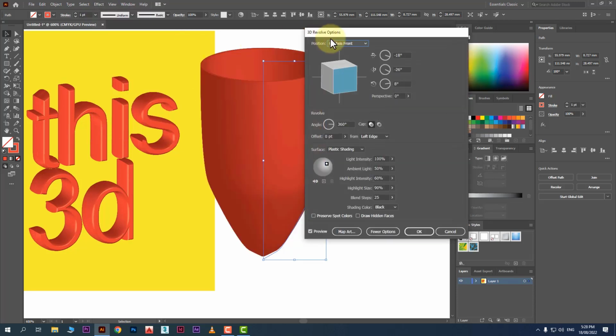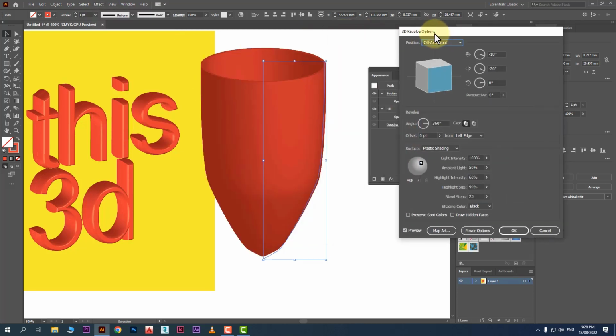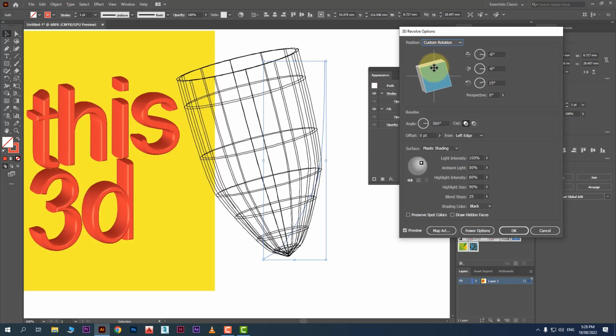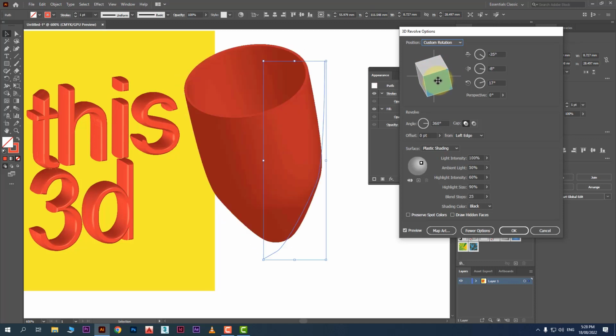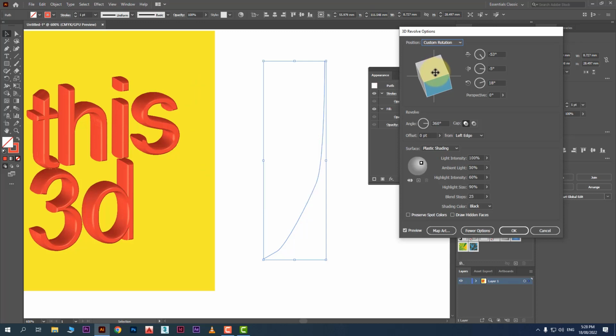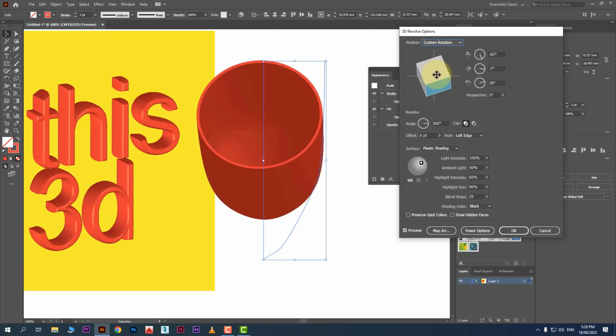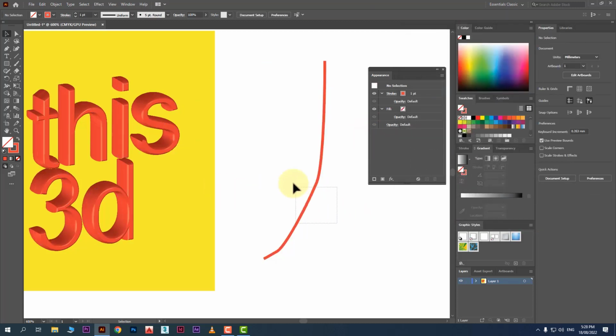Now you see the object will be revolved like this. Okay, now it becomes a 3D. All right, and of course from here you can also change like this. Your face you can change also. You see inside also like this. So here you can convert any shape into 3D, but you should know what you are going